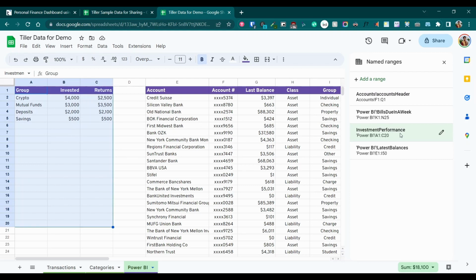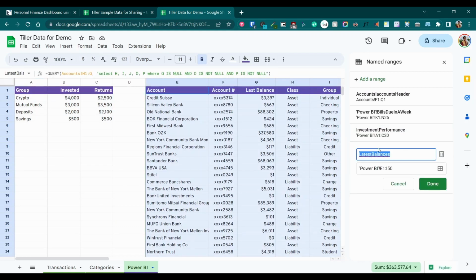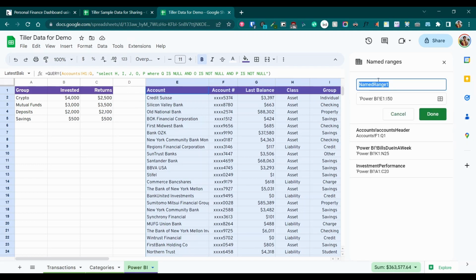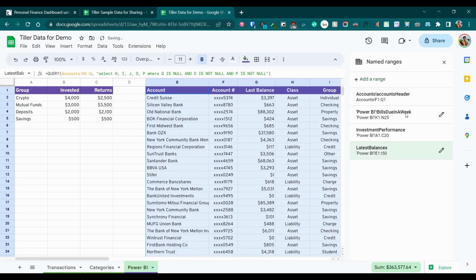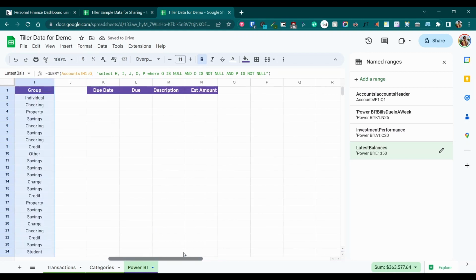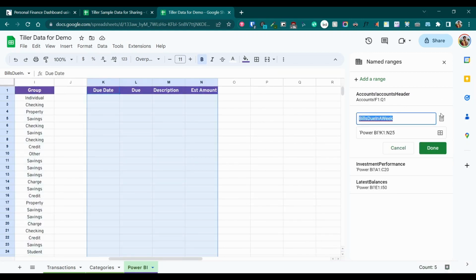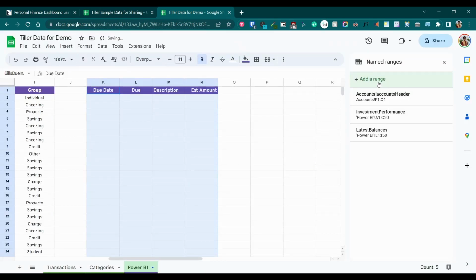So we need to repeat the same for the other ranges as well. I'm going to click on edit, copy this name and then delete range, click remove, and this is already selected. So I'm just going to click on add a range and then paste the same name again and then click done. So there's one more range which is to the right. I'm going to click on edit, copy the text, delete, remove, and then add a range and then paste it and then done. So now we have the named ranges.